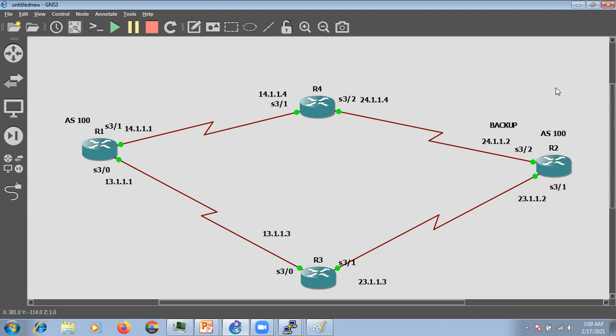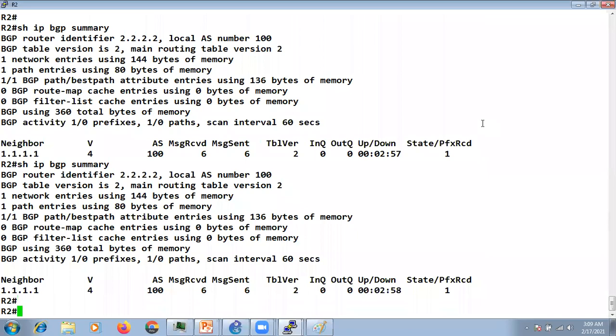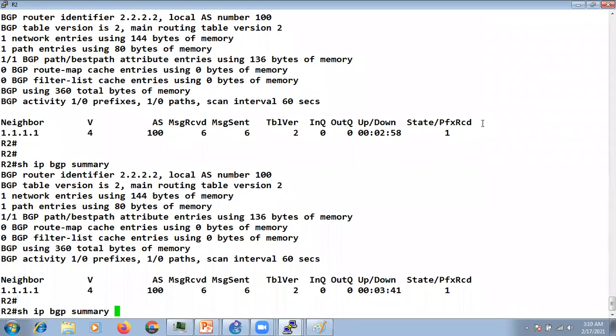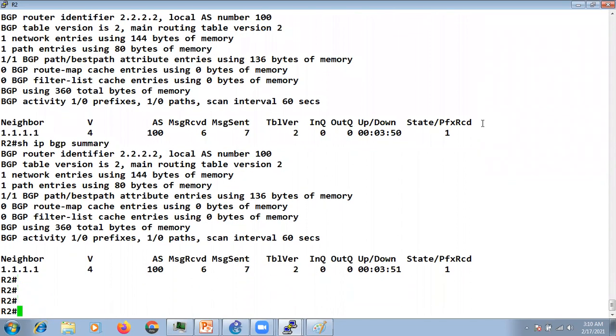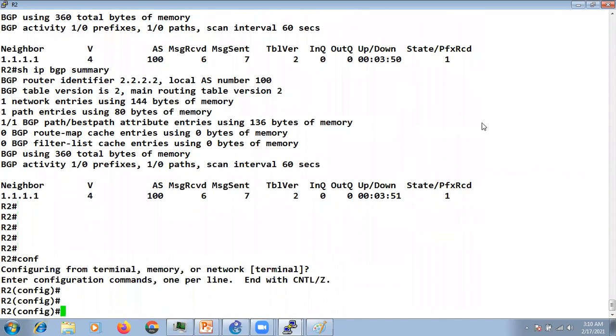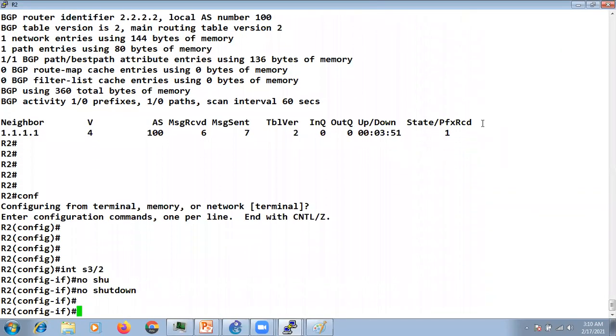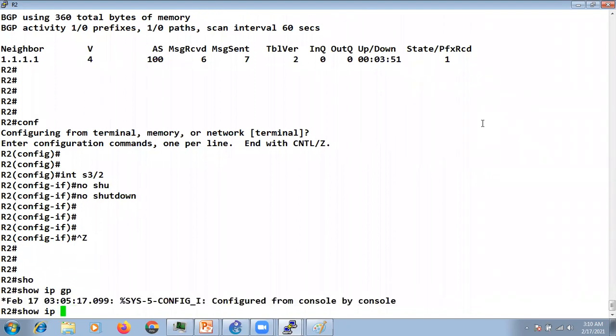So let's say if there are some routers behind R2 and they are sending traffic to that 100 network, R2 is not going to send it via the backup link because the BGP is still up. You can see the BGP is still up. It will take around 3 minutes for R2 to realize that R1, the neighbor or the peer, is down. So to avoid this condition, let's first shut it. What we can do is